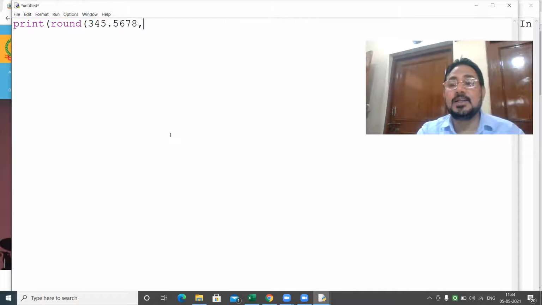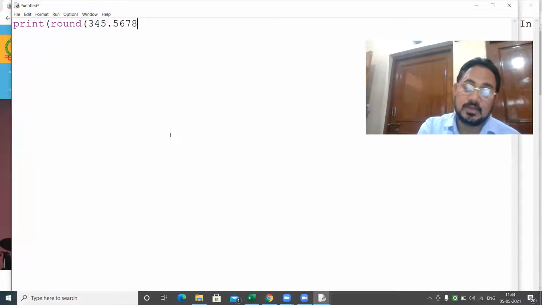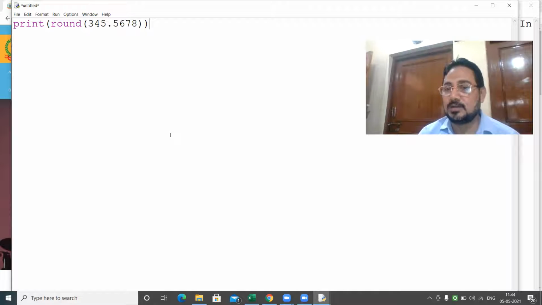First I will not take the 2. Only I write this way. Suppose I am writing print round 3, 4, 5.5678. Remember, a number is rounded off when the value at the decimal place is 5 or more than 5: 5, 6, 7, 8, 9.